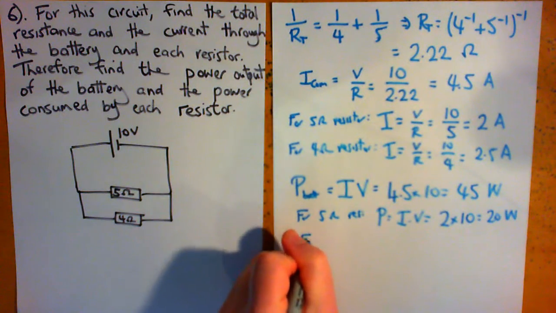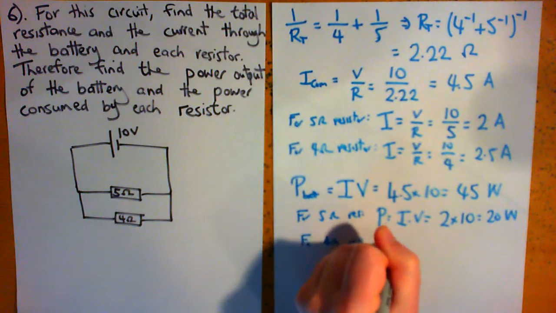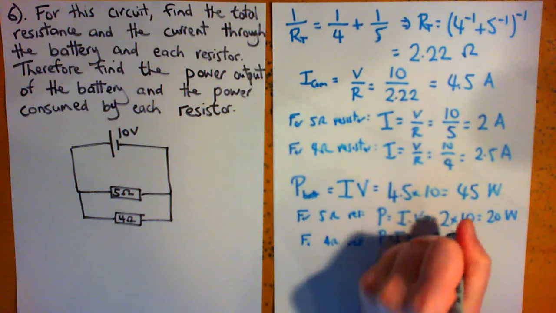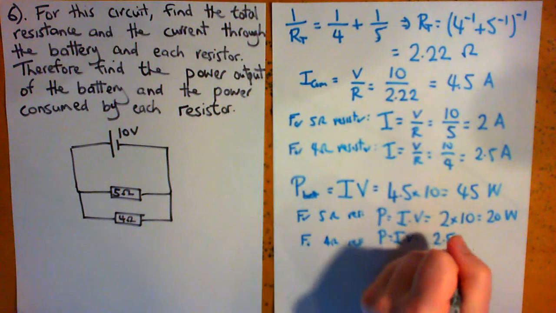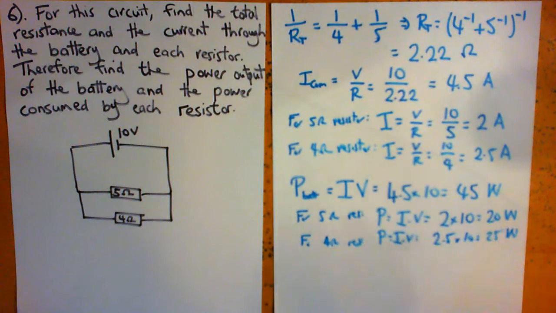And for the 4 ohm resistor, the power again is I times V. The current is 2.5, we found that before, times 10, giving us 25 watts. So the battery puts out 45 watts, 20 of that is used up by the 5 ohm resistor, and the 4 ohm